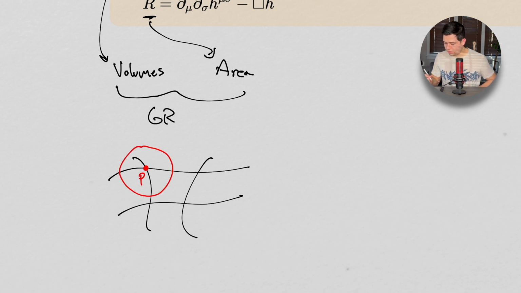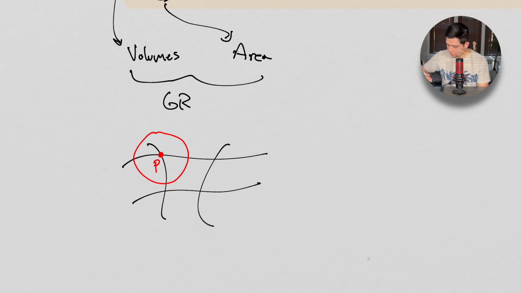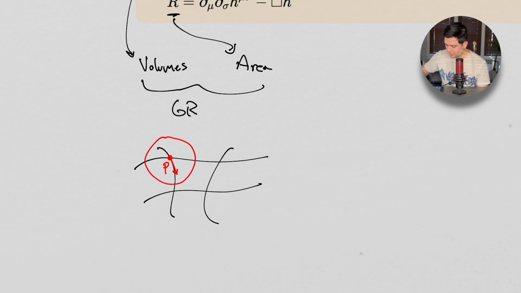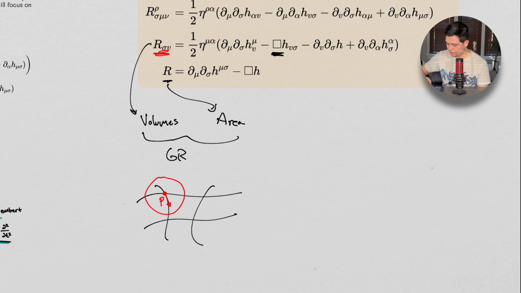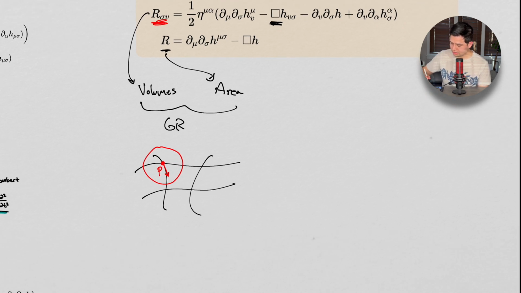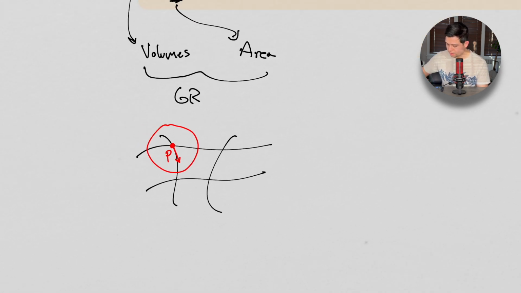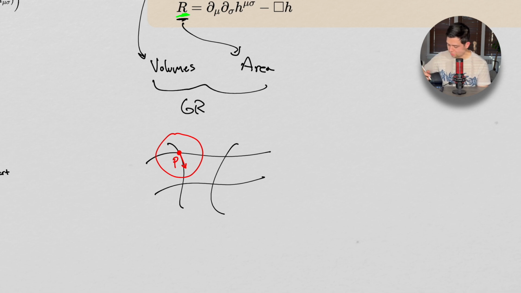And that volume element, when we travel in some direction, is given to us by this Ricci tensor, okay? The Ricci scalar, which is this guy right here, we talked about this in GR, but the idea here is that our volume element